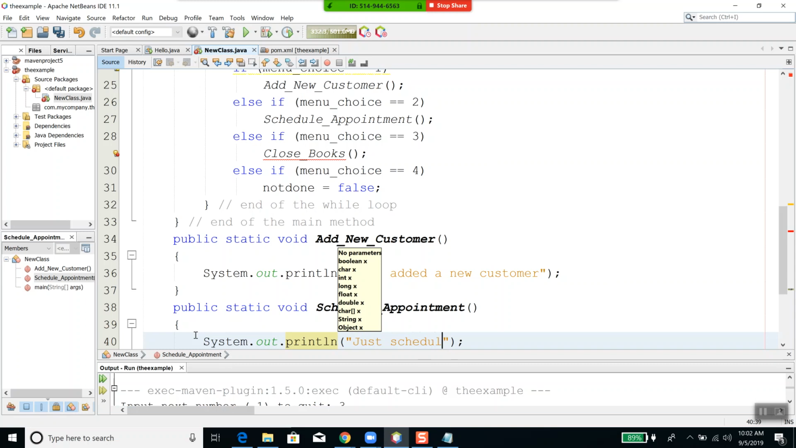Just scheduled an appointment. Again, in reality, what we'd do here is we would ask him for the customer's name. Perhaps we'd look up the customer in the file or the database. And then